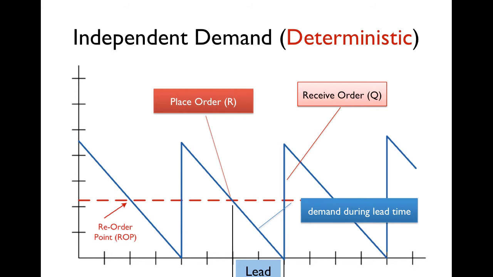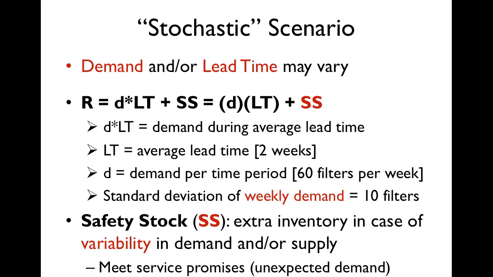Now in this case, again, we know demand and we know lead time, so there's no need for any just-in-case inventory, any safety stock. We're going to now do the stochastic model, and that's going to allow us to incorporate a more realistic perspective where demand and/or lead time could vary. So the formula is the same. It's still going to be DLT plus safety stock, and again, it's period demand times the average lead time, plus